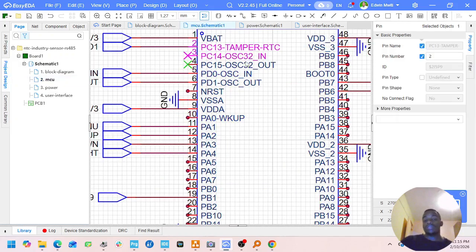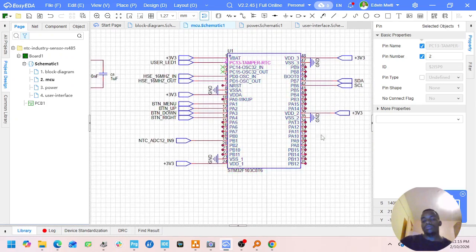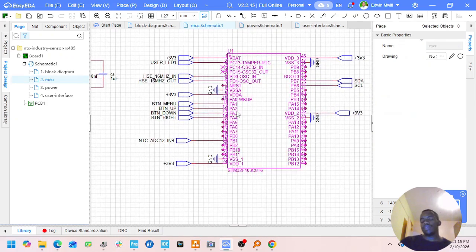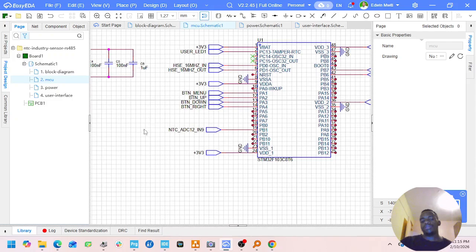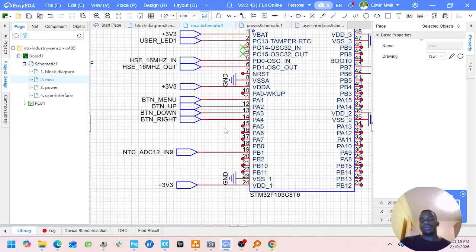There are things to do with anti-tamper that you can use, but for this version I'll just provide 4 pins for me to program the device. So I'll just expose serial wire debug pins, so clock and input output,